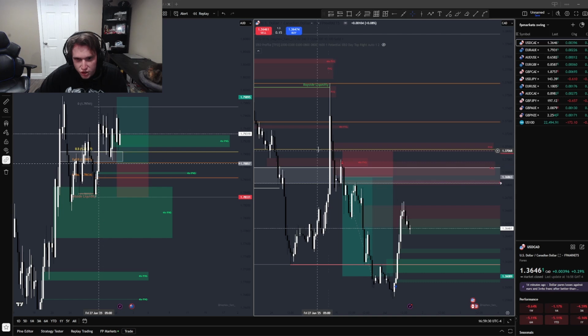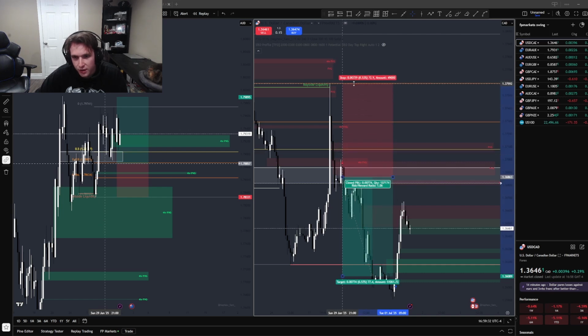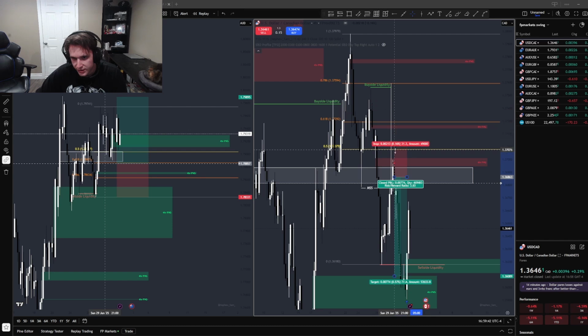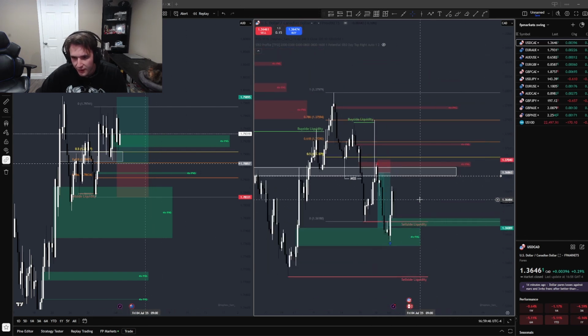Now, the stop was up here, but it's not actually up here. I put my hard stop up here in case some bad stuff happens, okay? But my real stop was if this 4 hour gap closes. So technically the stop is like this, right? So market starts coming down, it's all good and well, and we get our